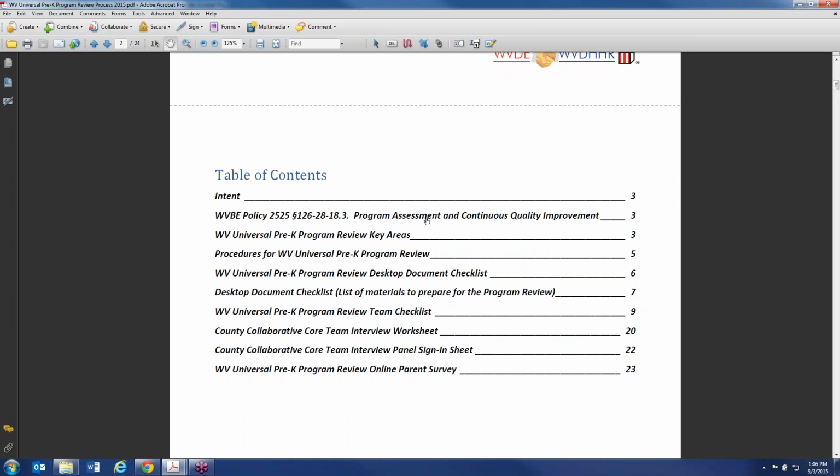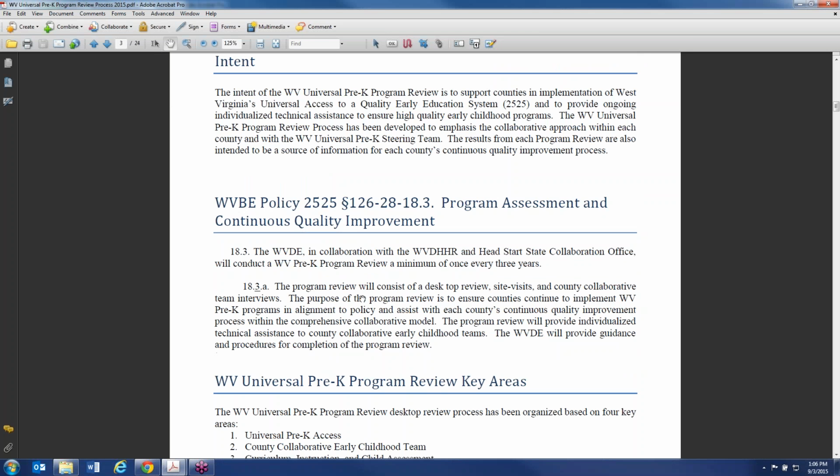Before we go into the procedures, I just want to take a moment to talk about the intent of the pre-K program review. In Policy 2525, it says that once every 3 years, each program will be reviewed, and the intent is to provide ongoing individualized technical assistance and to support implementation of Policy 2525. And what we really